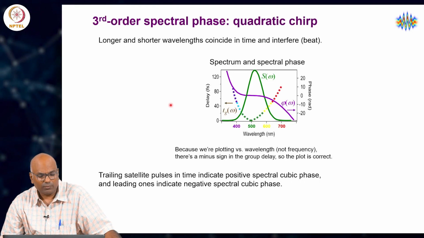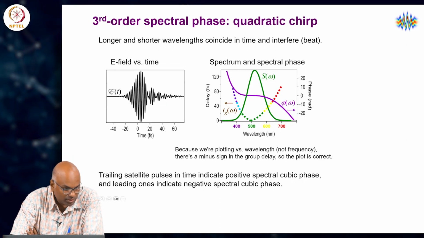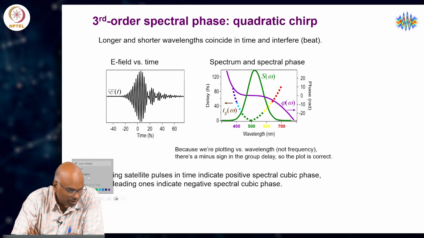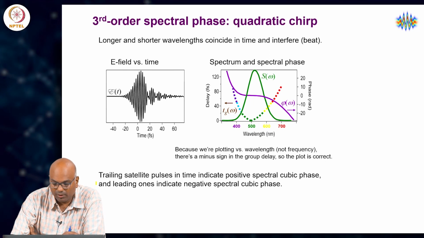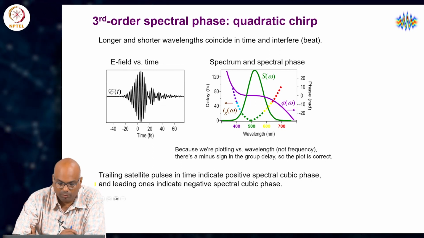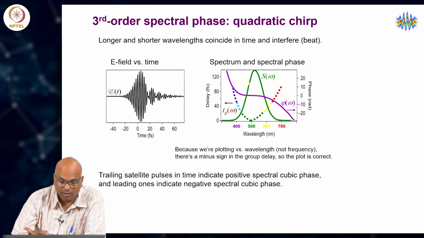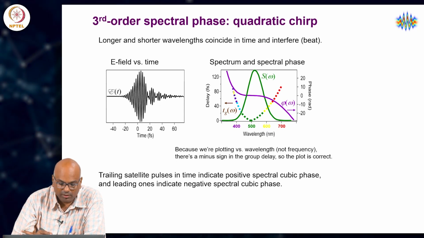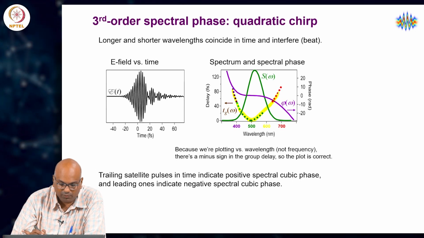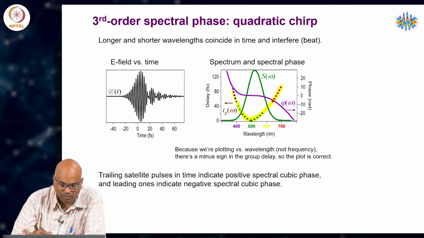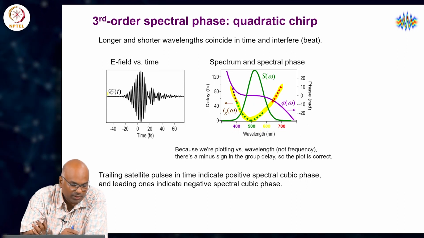So, we examine once again the consequence of the third order spectral phase term, or the quadratic chirp, in the time domain, right. In the frequency domain, the amplitude of the pulse remains Gaussian. There is not much to argue about that. The group delay is of course quadratic. Okay, this is wavelength scale. So, all the parabolic behavior is skewed, whereas here the amplitude